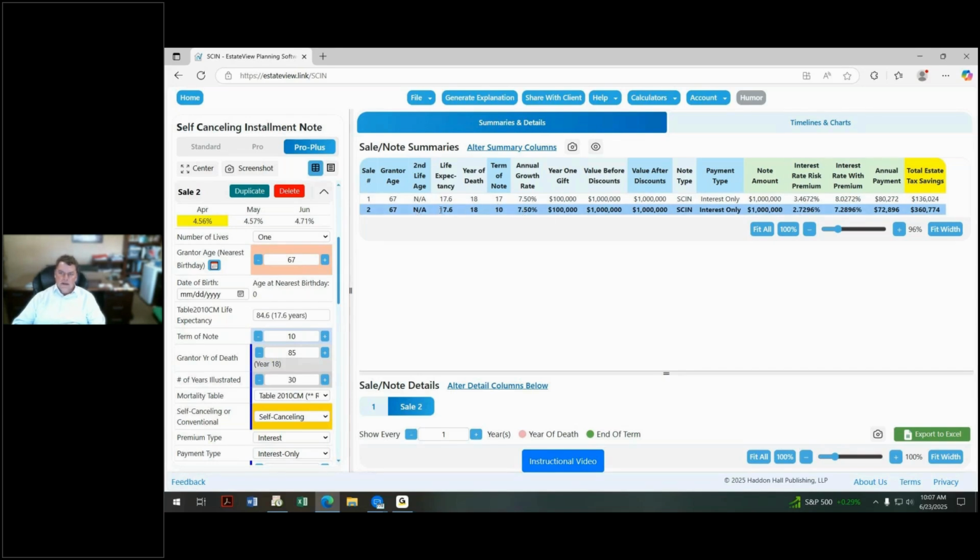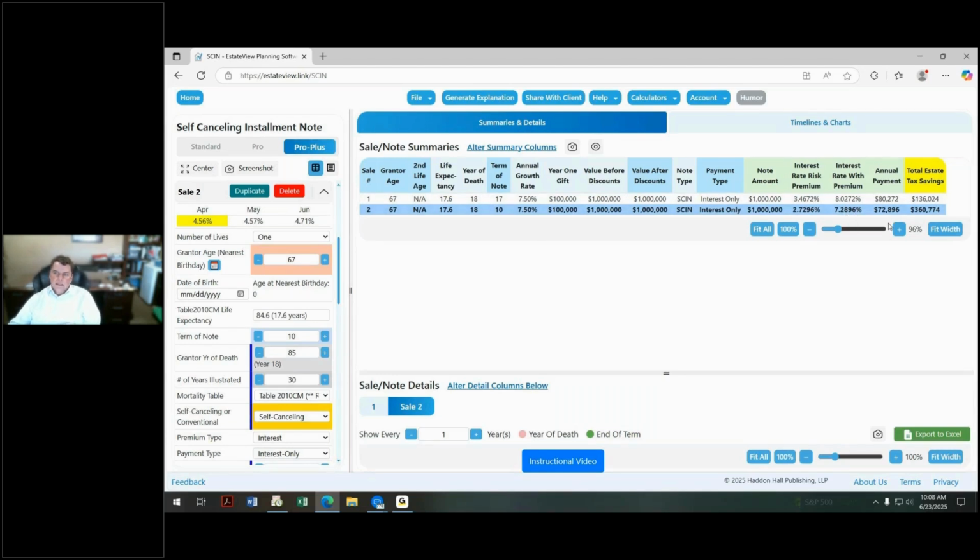Because it's a 10-year note, the likelihood of the client dying during the interim period before the repayment is less than it would be as a 17-year note. So therefore, there's going to be less of a premium charged. When you look at this, the interest rate risk premium for a 17-year note, the first line, the gray line, is 3.4672%. That gets reduced to 2.7296%. So the total interest payment each year on a 10-year SCIN is equal to